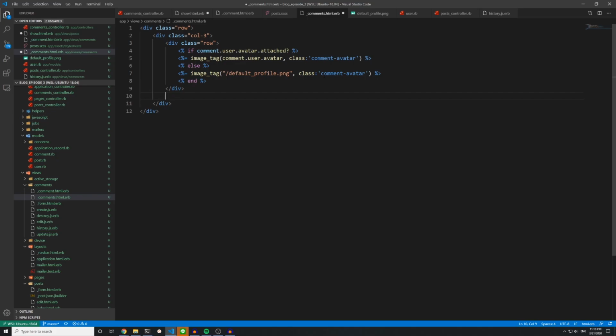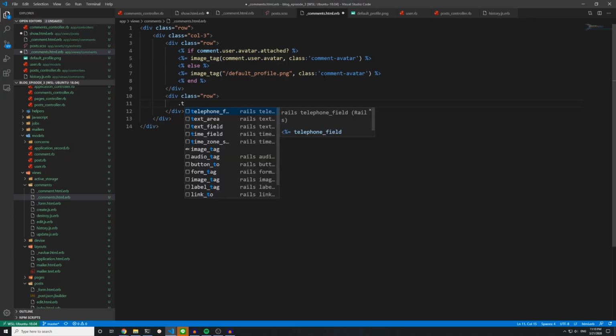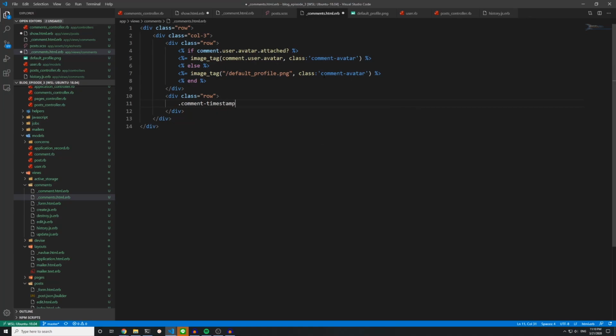We also have a .row right here. And this .row is where the comment timestamp lives. So for this, we'll say .comment-timestamp and an ID of edit-history-text- and then the comment.id. Oops, that didn't work. Okay, so let's come back. Text-. And then we'll say this needs to be a comment.id. Okay. And then inside here, we render,